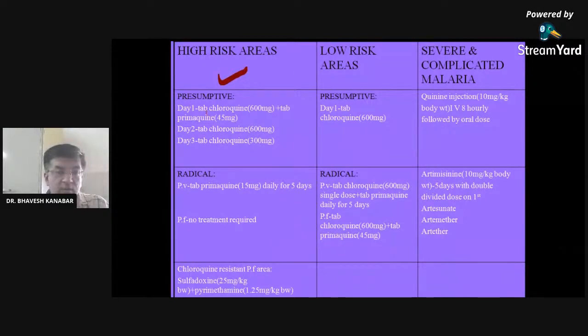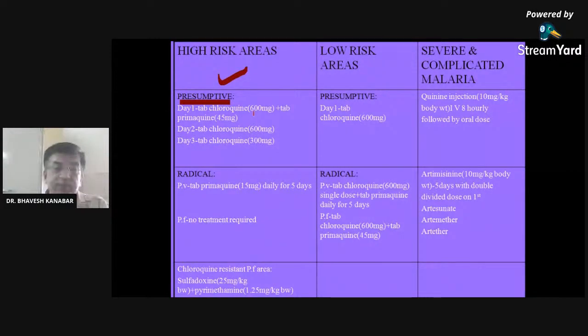Remember this drug, tablet chloroquine. Previously, presumptive treatment was given, but after the 2013 guideline, only after checking whether malaria parasites are present in blood or not, or after having the rapid diagnostic test, chloroquine is prescribed. Right? So any patient suffering from fever or chills, intermittent fever with chills, prescribe this RDT, rapid diagnostic test, or PSMP. If it comes positive, then you can start tablet chloroquine.